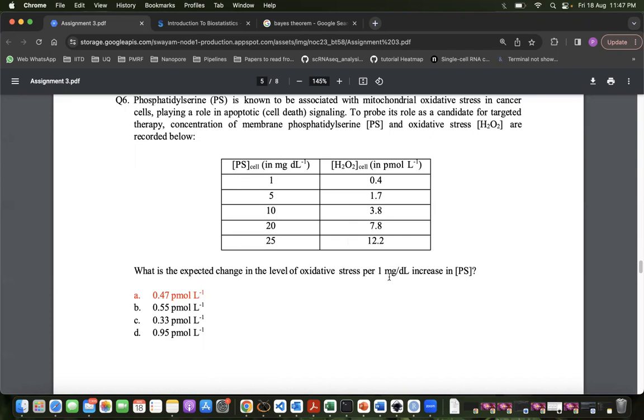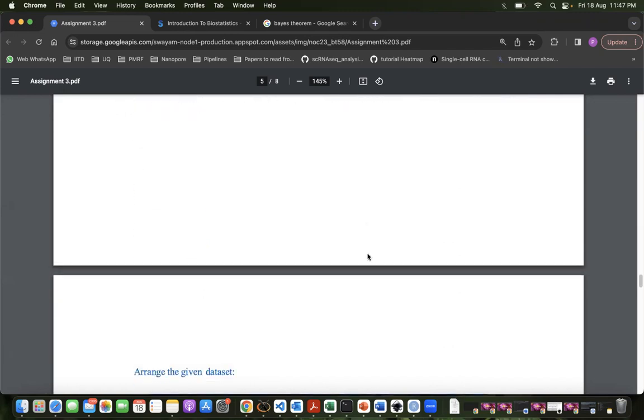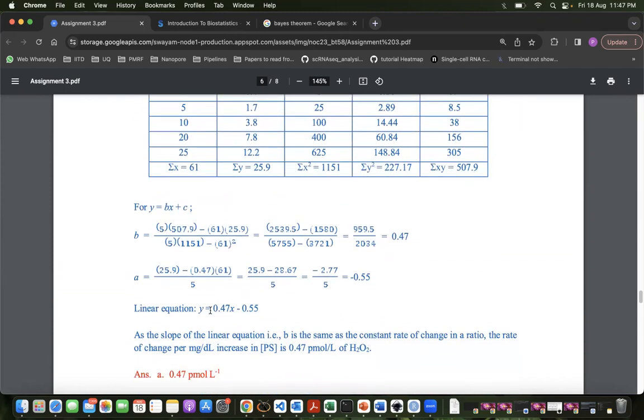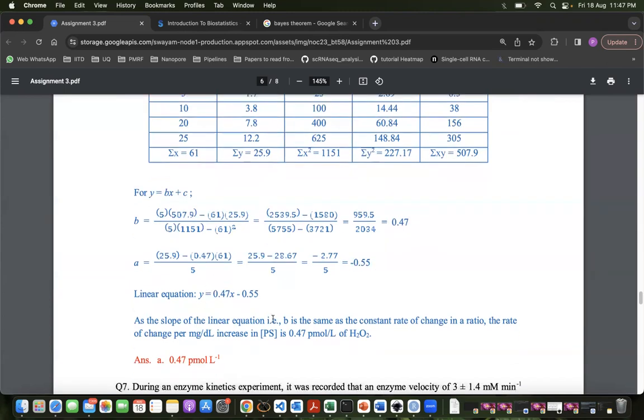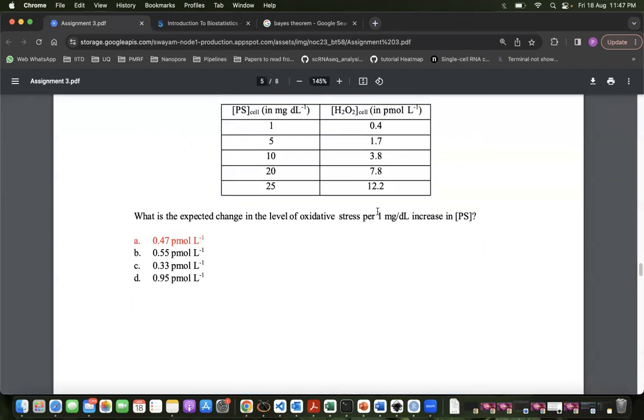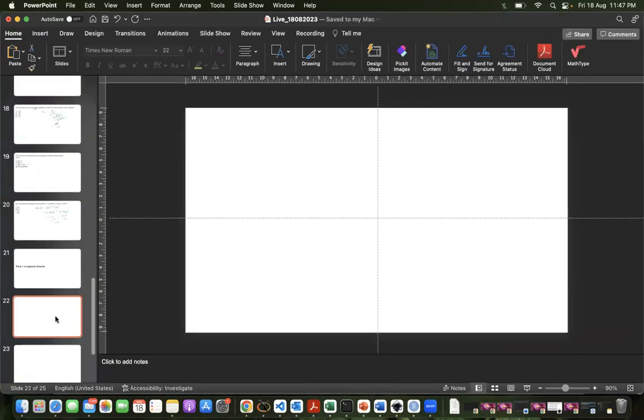Now, simple: if you're trying to see A and B in this case, it's AX plus B, right? So in that terms, the thing is you would like to calculate just B. You as such don't need to calculate A in this case, because the argument here is that B is the rate of change, per one. You just need to calculate the slope.